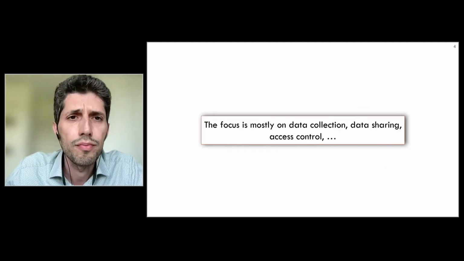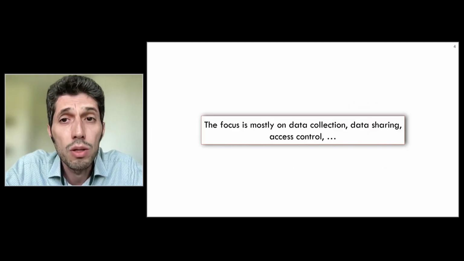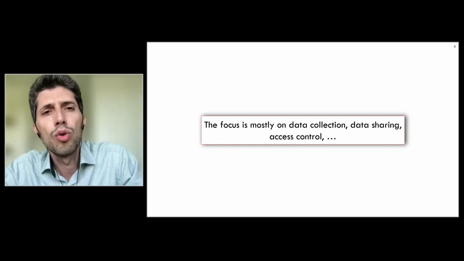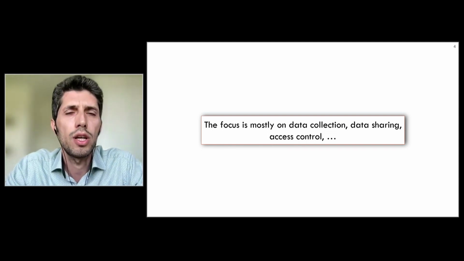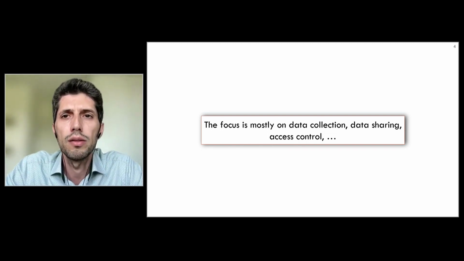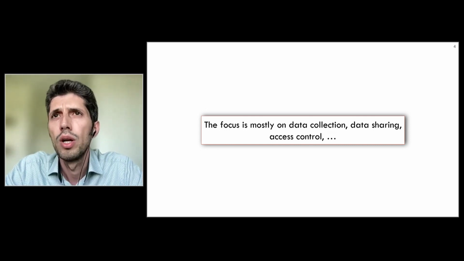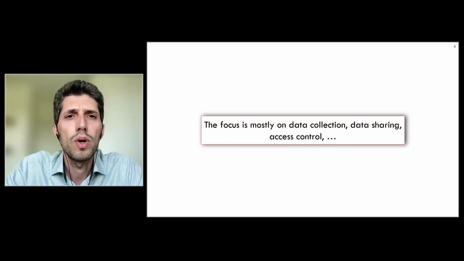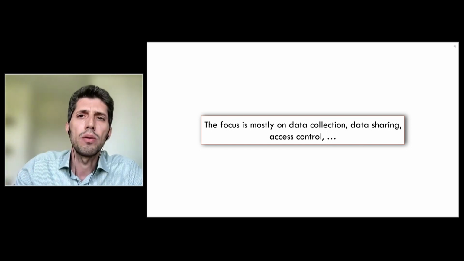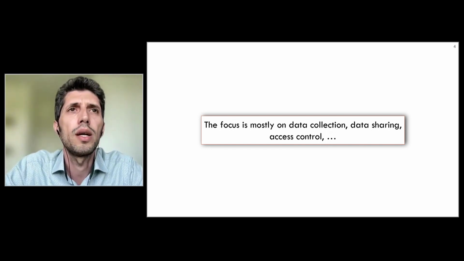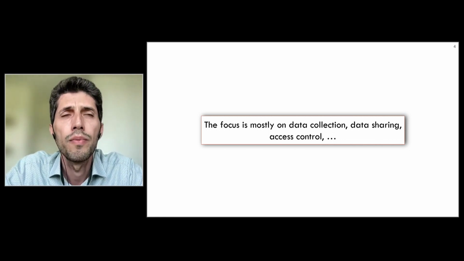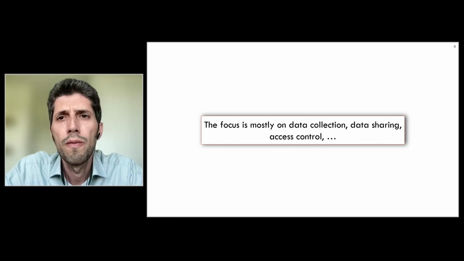But what happens is that the focus in practice is mostly on data collection and data sharing and access control, which is who has access to data, whether the data has crossed certain boundaries, and whether those who have access to data are using the data in the right context in which the data was shared, which is a very important